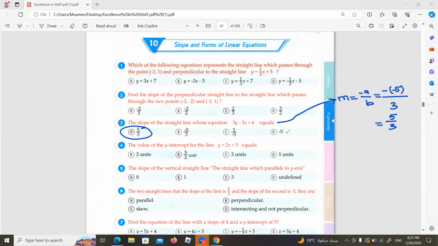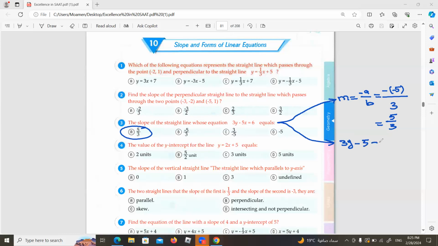Some of my dear students don't know this rule. So what shall you do? You must change this equation into slope intercept form. But the first way is the fastest way: negative coefficient of x over coefficient of y. But if you use the second way, you will write